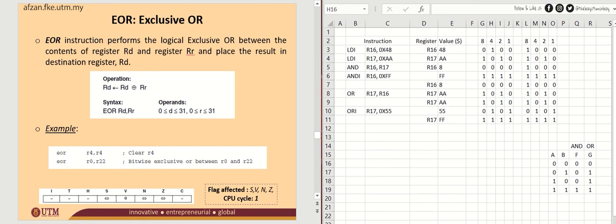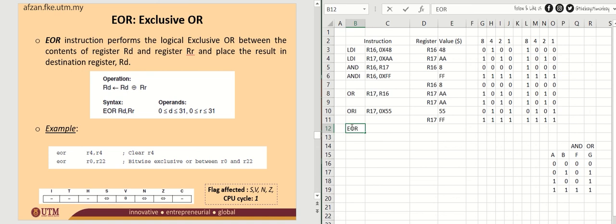Next we have the EOR. What is EOR? EOR stands for exclusive OR. With this one, you want to perform the logical exclusive OR between the content of register RD and RR, and put the result in your RD. So this is the syntax and this is the operation. Right, so we do the